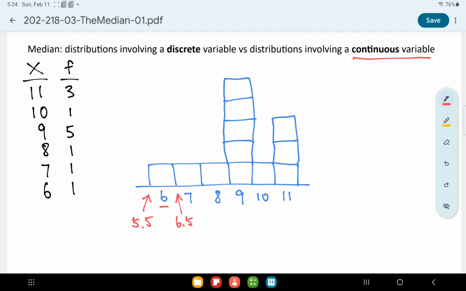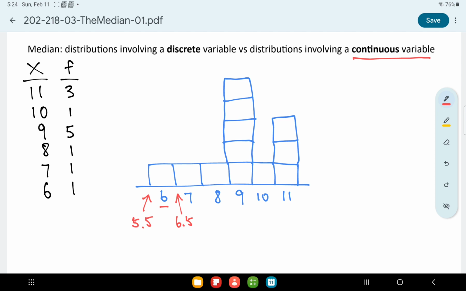So as in the point on the number line that would dissect the histogram into two equal halves. By two equal halves, these are two halves with the same amount, with the same area. Okay, the same area. Now, is this the only way to figure out the median for a set of numbers